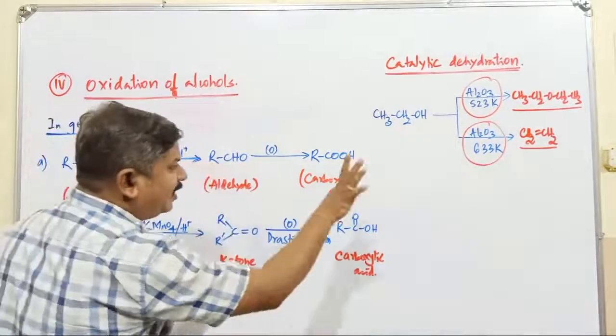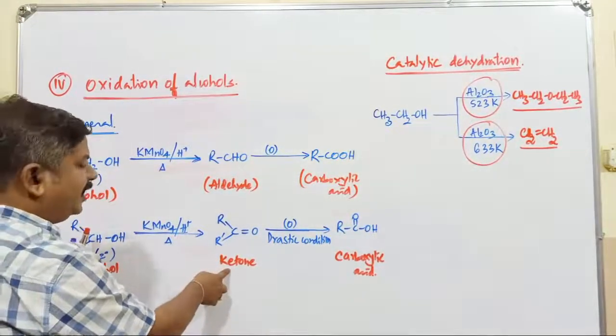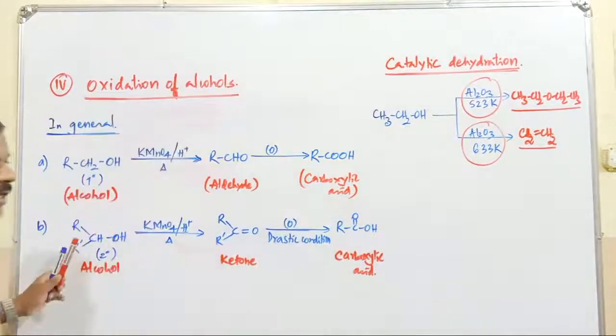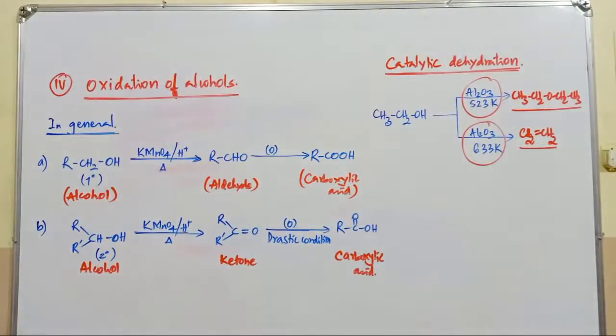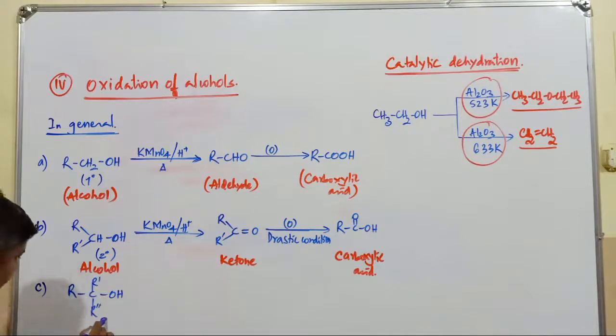From alcohol to ketone, the number of carbon atoms remains the same, but from ketone to carboxylic acid, the total number of carbon atoms, that is 1 carbon atom, will be what? Less. Okay. Now if we go with another particular compound, this is R', R'' and R. What's the name of this one? It is a tertiary alcohol, the name cannot be defined, so it's a general representation.